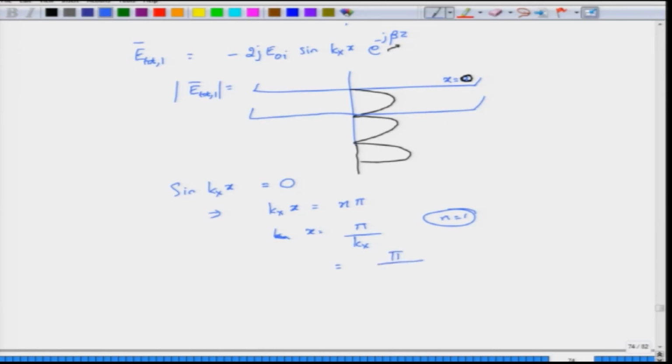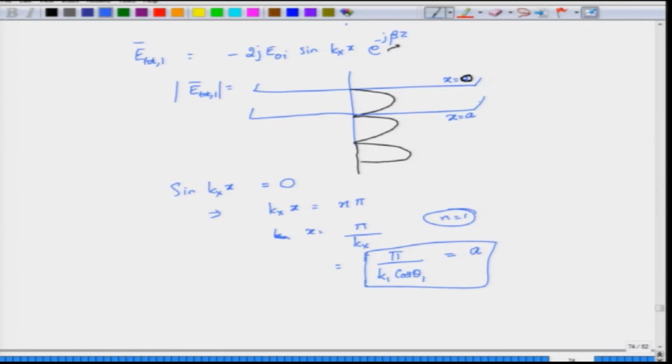Kx is basically pi divided by k1 cos theta 1, so we will call this entire thing pi by k1 cos theta 1 as a. I will call this x equal to a, where a is of course given by this particular expression. So, whatever x value satisfies this equation for a given value of theta 1 and for a given value of k1, we will call it a,